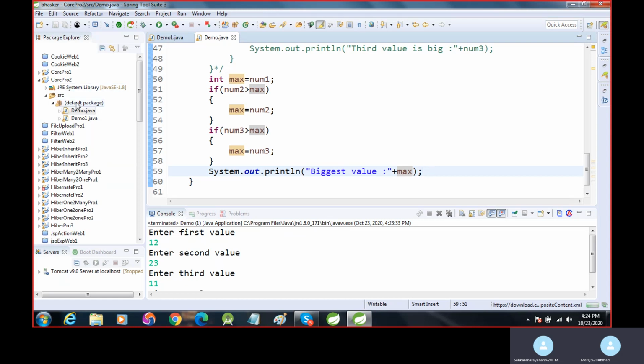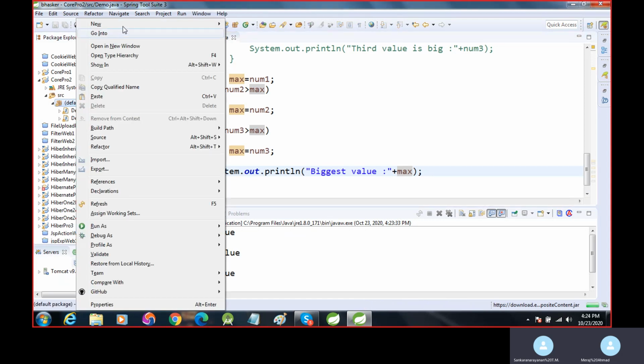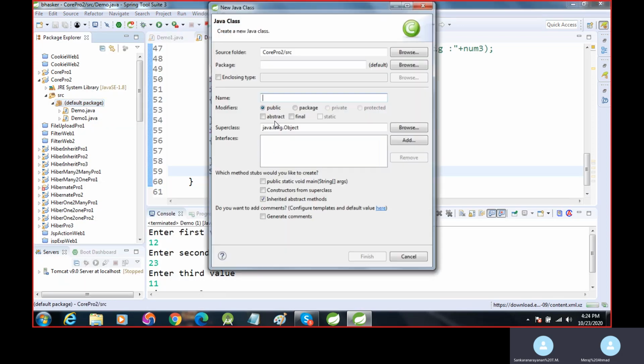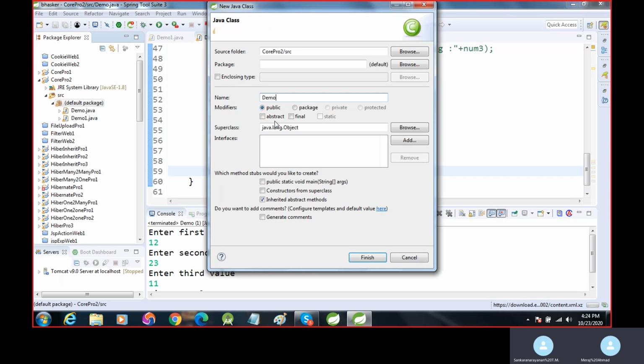I create another example. I create a class, sum of two, main method and finish.